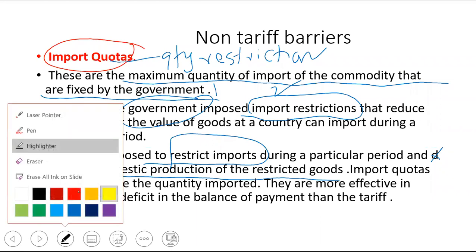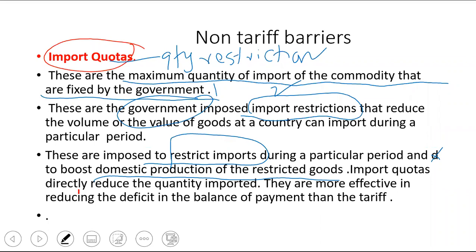I am going to underline it again. Why does government impose import quota? इसके बाद आपको लिखना पड़ेगा. First one is government wants to restrict the import. बाहर से जो आइटम आता है उसका क्वांटिटी रेस्ट्रिक्ट करना चाहता है. Second, बाहर का क्वांटिटी कम होने पर डोमेस्टिकली आप जो प्रोड्यूस करते हैं वो आपको बढ़ाना पड़ेगा. That is the meaning. That means simply government wanted to discourage import. Government wants to see that we are domestically producing that commodity.